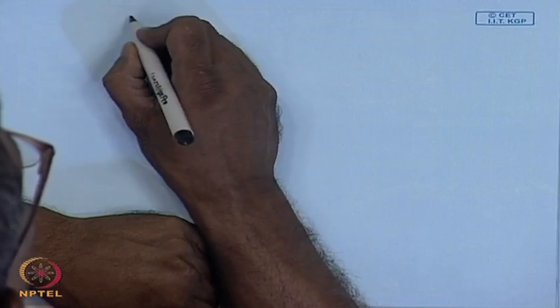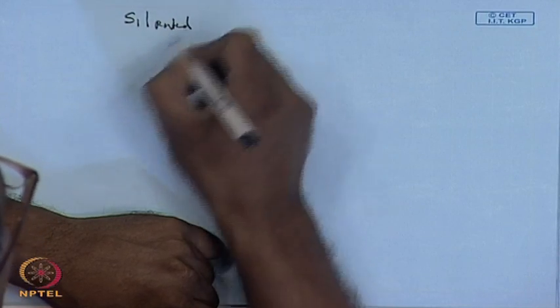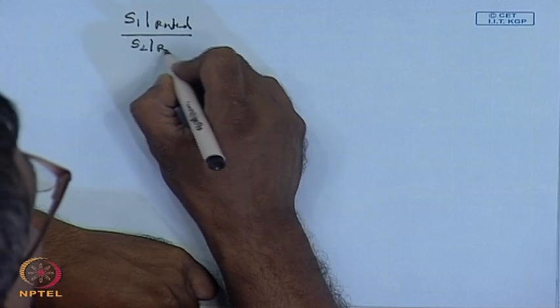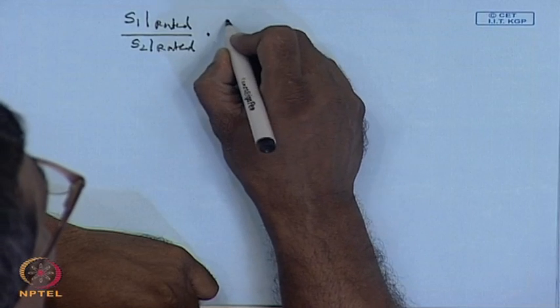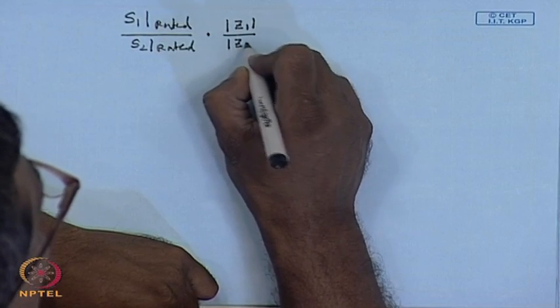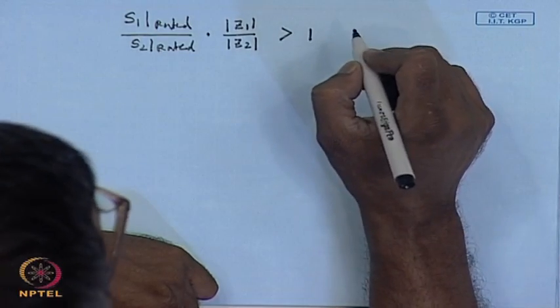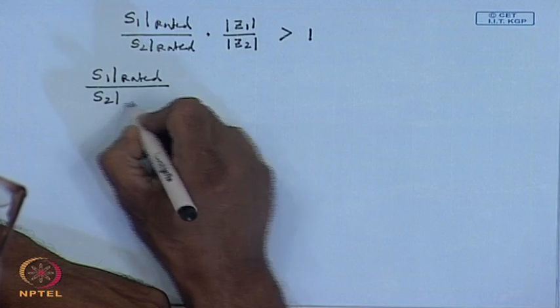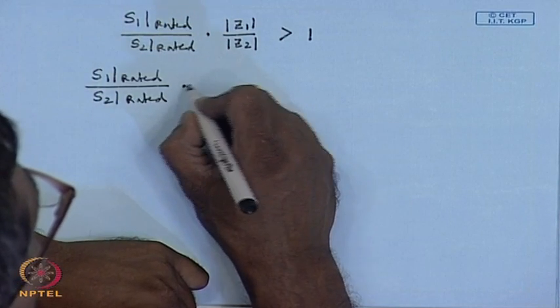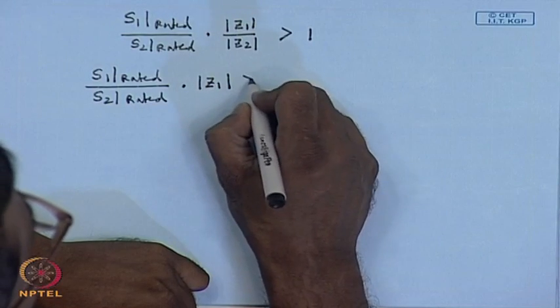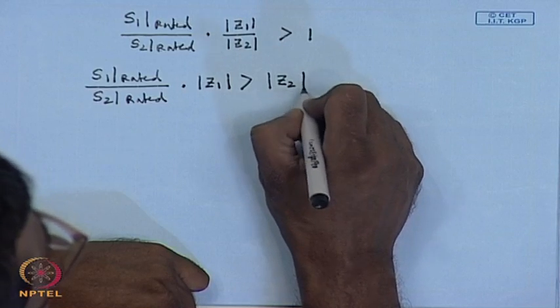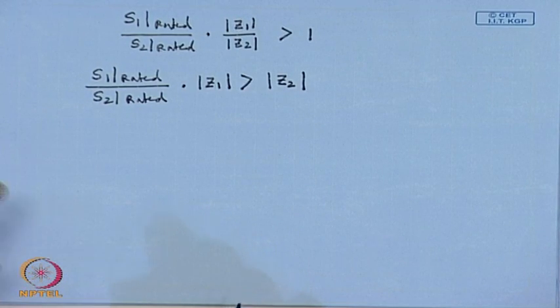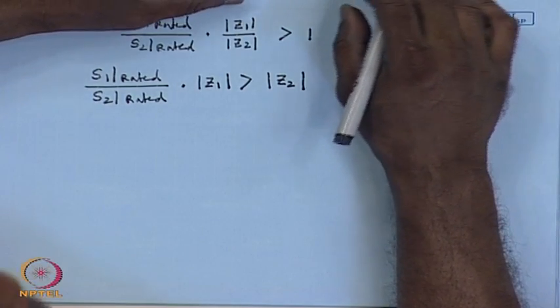This thing can be written as |Z1|/|Z2| larger than 1, or S1 rated by S2 rated into Z1 is greater than Z2, in which case it can be easily shown that it is the second transformer which will share more load and reach its rated kVA earlier,